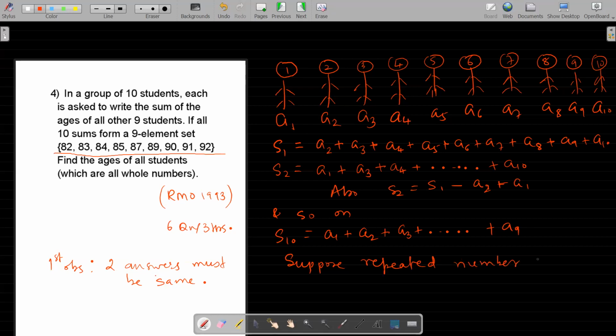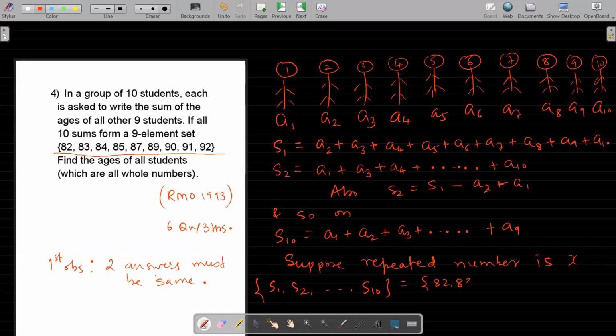Okay, so with that, there will be 10 numbers. And these 10 numbers, do we agree will be S1, S2, up to S10? So the set S1, S2, S3 up to S10 is same as